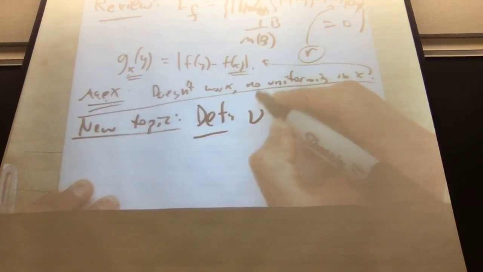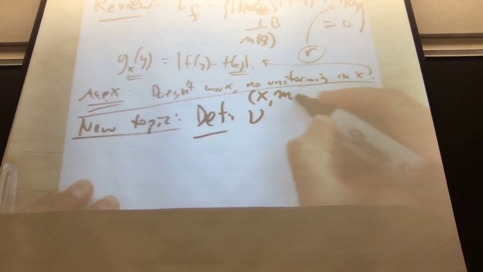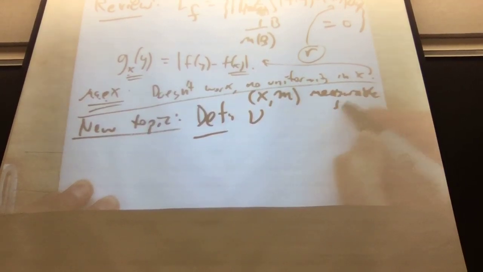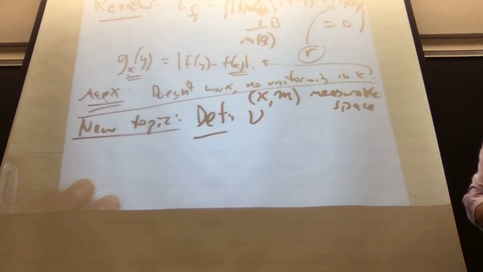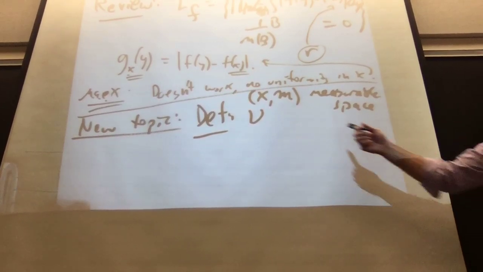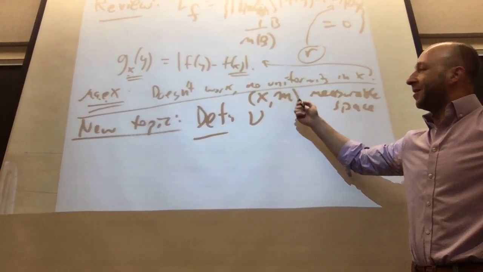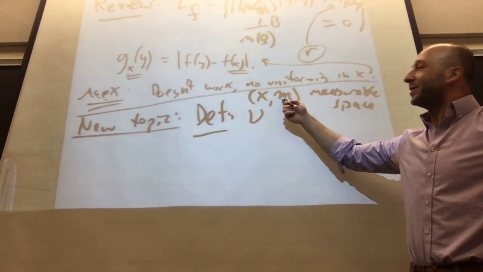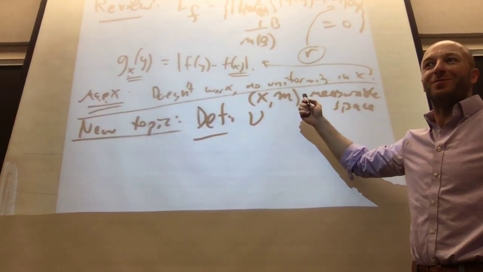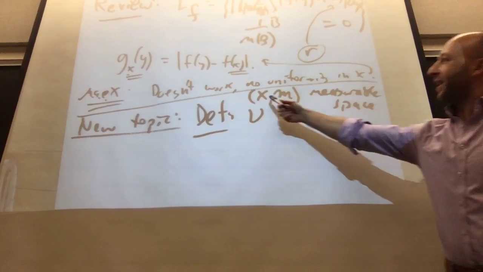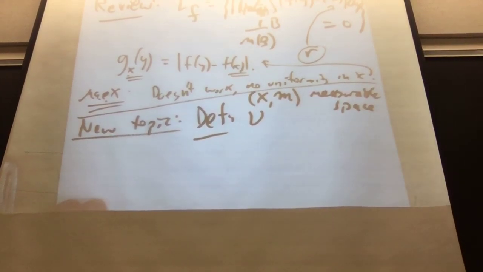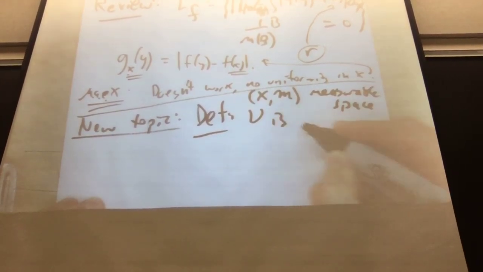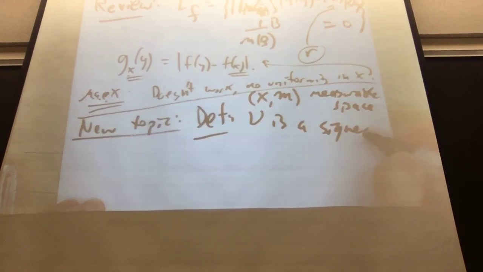If I have a measurable space, so what's a measurable space? A measure space is where you have a space, a sigma algebra, and a measure on that sigma algebra. A measurable space is where you have a space and a sigma algebra, you're just missing the measure. Okay? So given a measurable space (X, M), nu is a signed measure